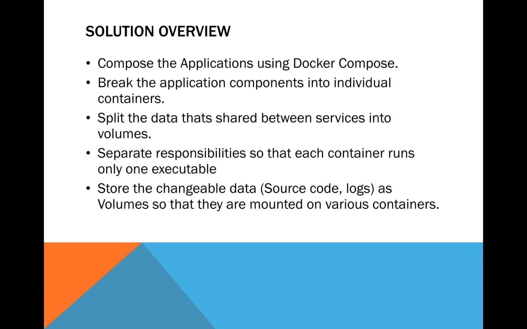The problem that also comes up is how do you manage the data that's shared between all of these things? If I have a web component and a file server that share data between them, on a single box it's easy because they all live in the single box and they can associate the file volumes easily. But we're going to extend the same concept to Docker Compose. We are going to share the data into something called volumes, which will typically have to live somewhere else because you don't want to lose the data in case the box goes down. And you'll mount those volumes onto the individual containers, and it gives the perception that everything is living on a